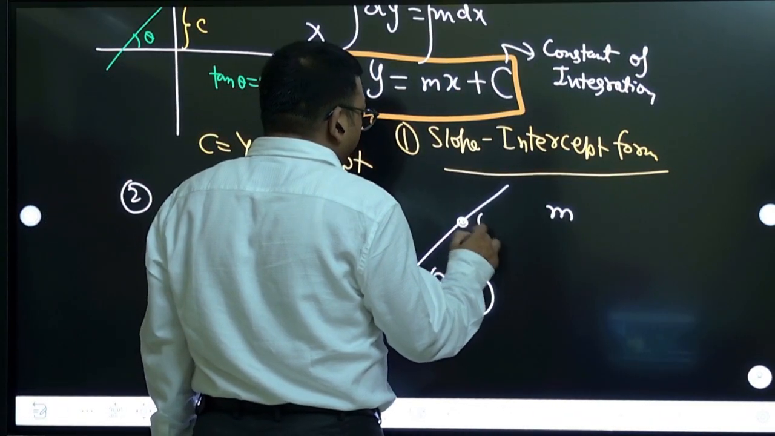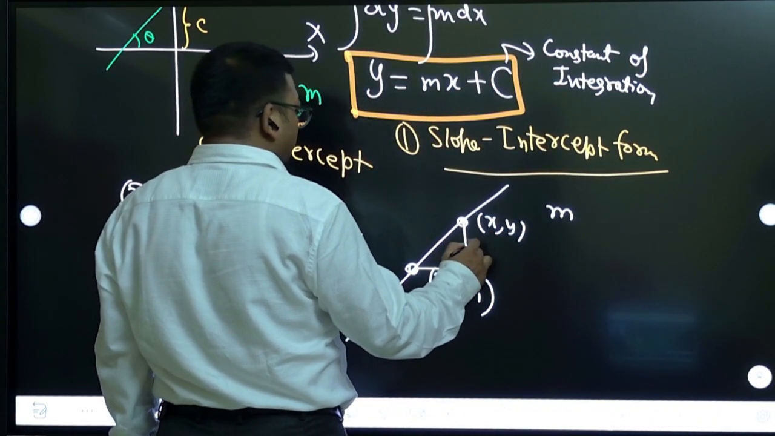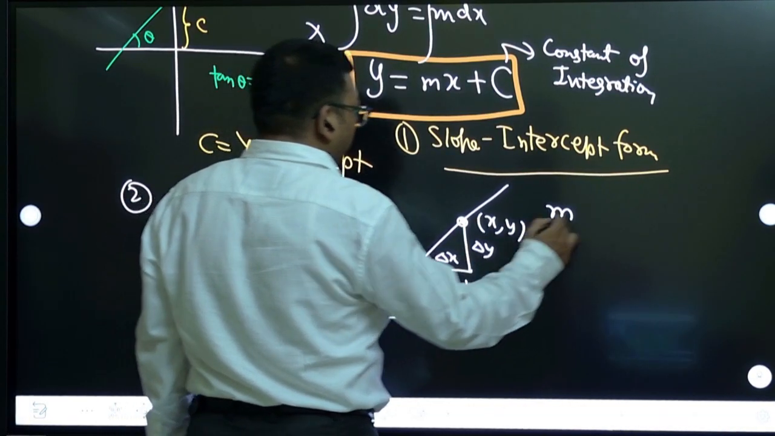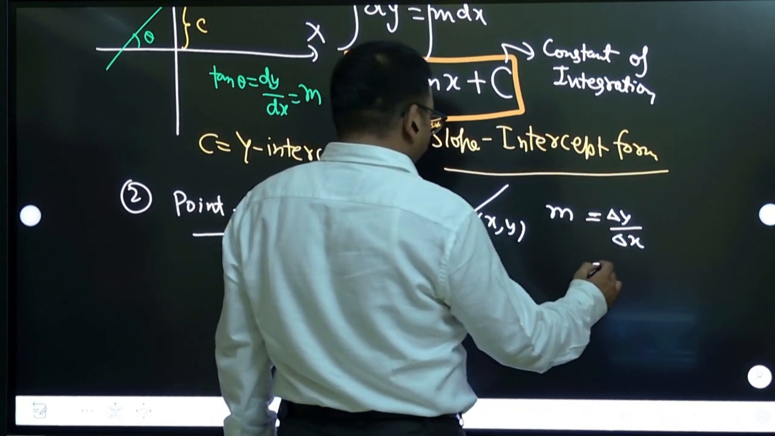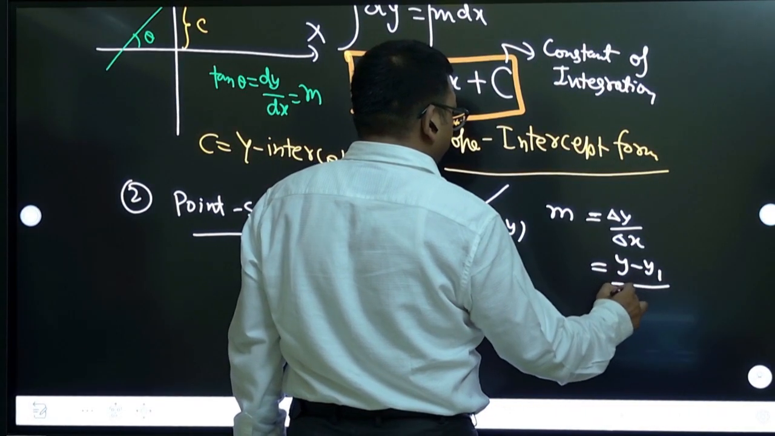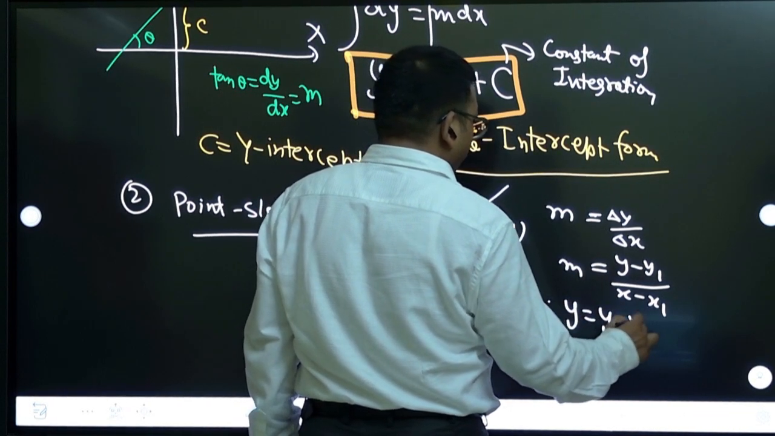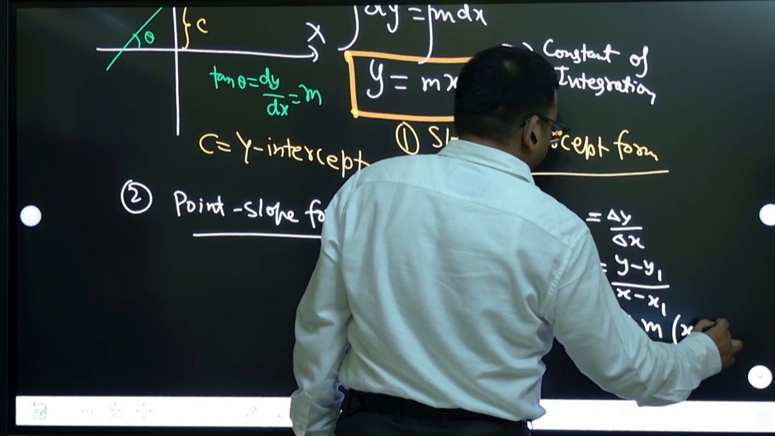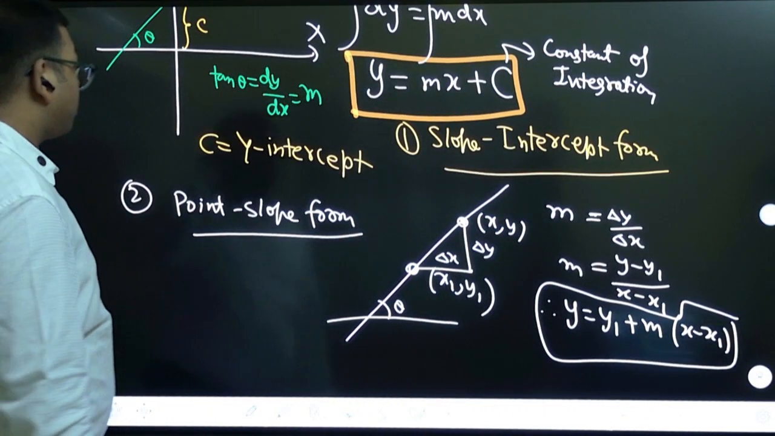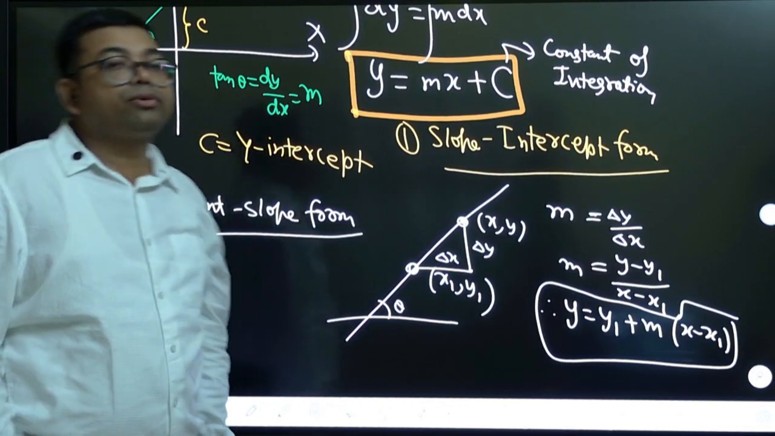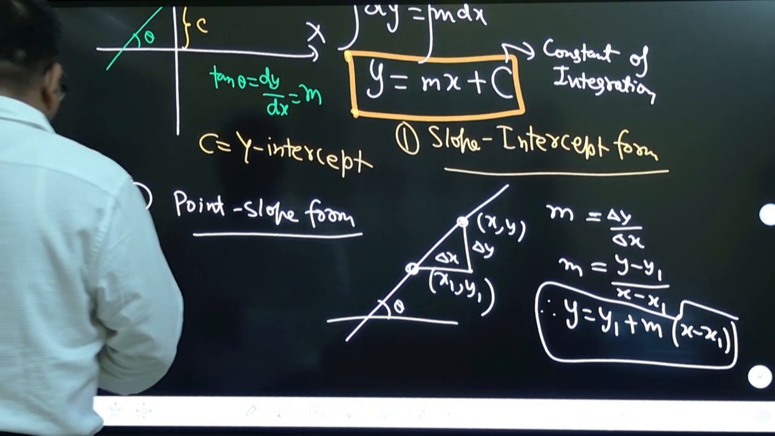So suppose any general point, if I take x comma y, and if I try to take the slope delta y by delta x, that m is delta y by delta x, right? We can now calculate delta y. So (y minus y1) by (x minus x1) is m. So y equal to y1 plus m times (x minus x1). This is the form, point slope form. So one point you know, and you know the slope, then you can write this equation, right? Then next,